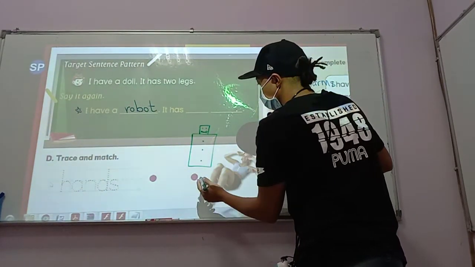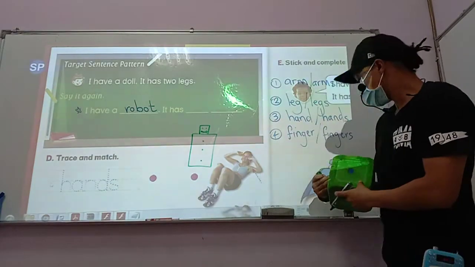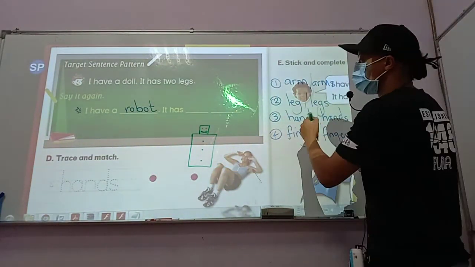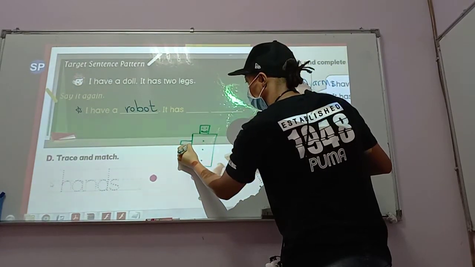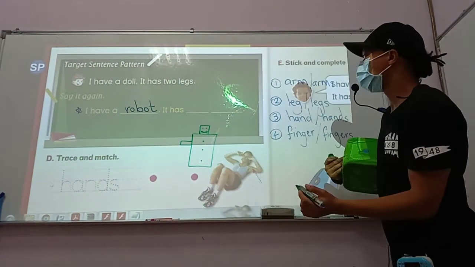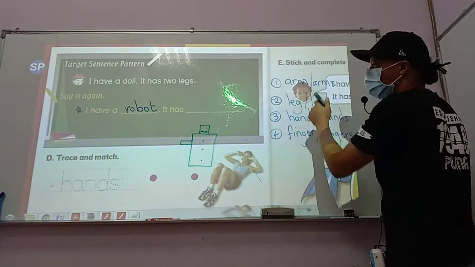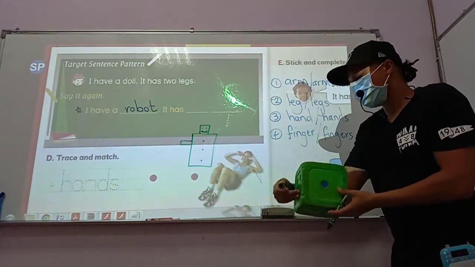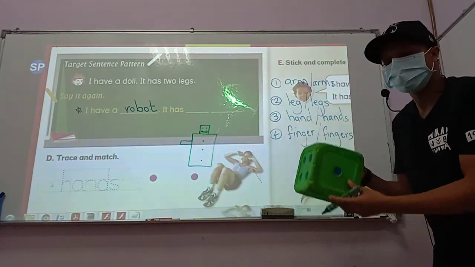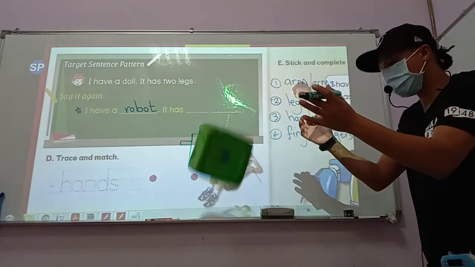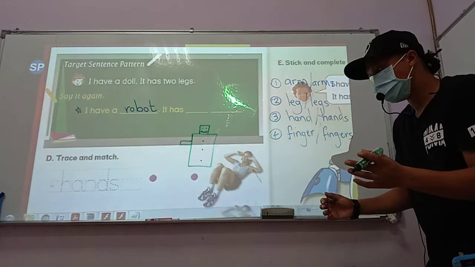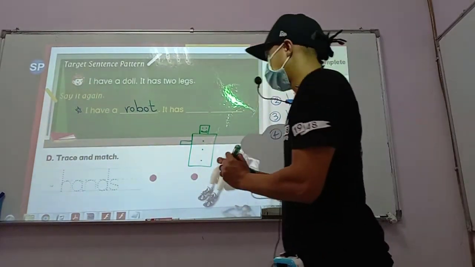I'll just make you happy, robot. Alright, so I said number 1. So number 1 is just 1 arm. Okay, so it has 1 arm. Alright, let's see if we can throw another one and see what else we can add to our robot. Woo! Ooh! I threw